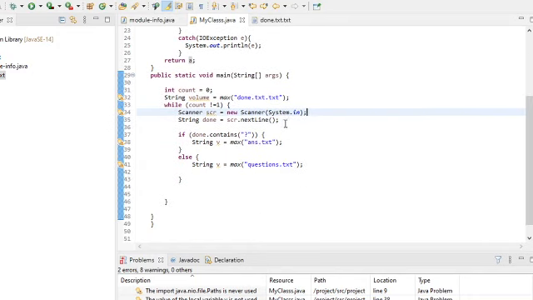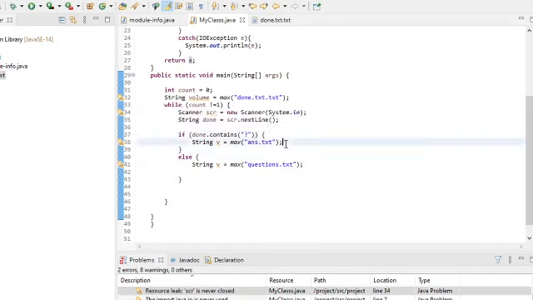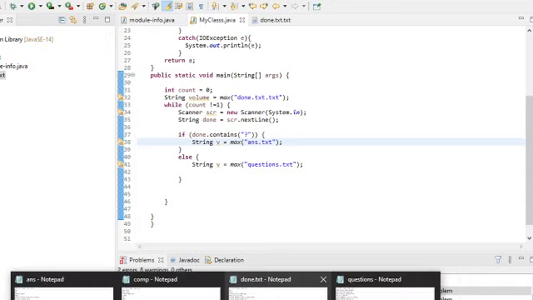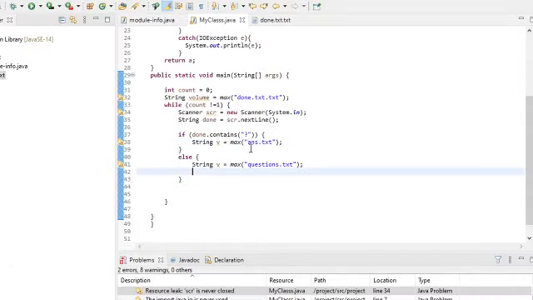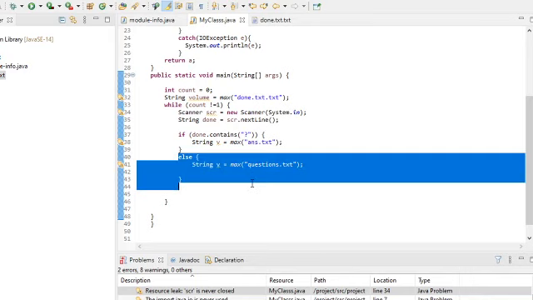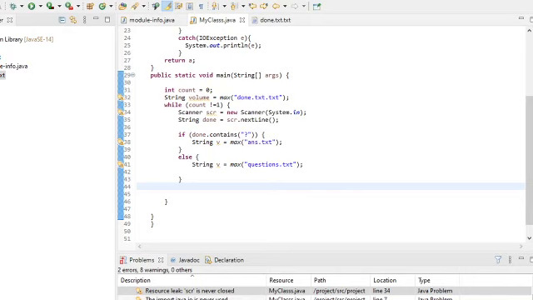Now it will get a user input, so scanner gets a user input, and then say if it contains a specific character, because obviously it's a string. If it contains a question mark, it will go into the file which has answers, so that'd be this one, and afterwards it would output an answer. So an answer to the question is going to be like a magic 8-ball kind of thing, and if that doesn't happen, then it will output another question which the user can reply to.